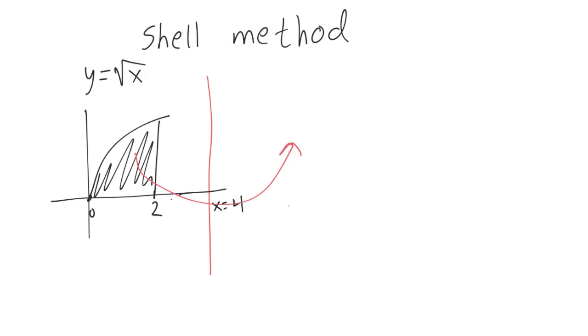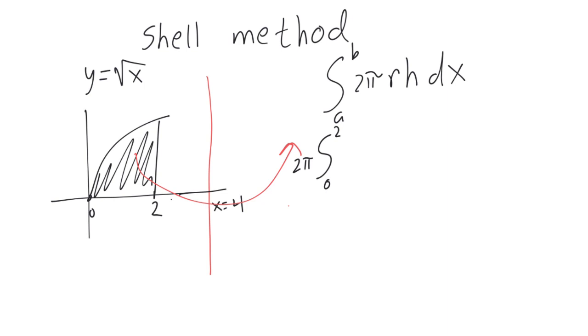So we're going to take the integral from a to b of 2 pi times the shell radius times the shell height, and we're going to integrate with respect to x. So that is the integral from a, that's going to be x equals 0, that's the smallest x we see, up to 2, that's the biggest x we see, of 2 pi, I'm going to pull that out, times the